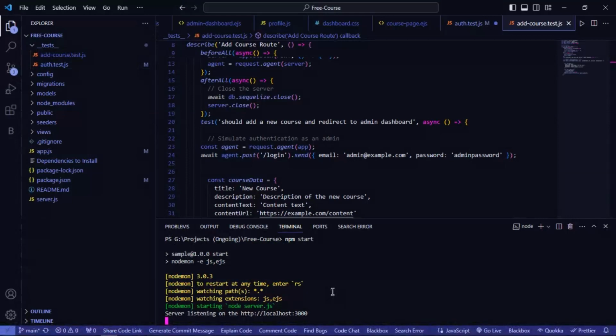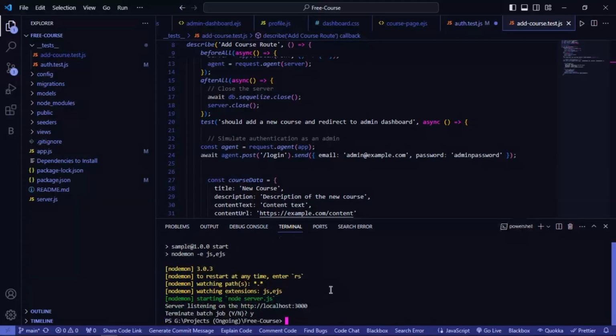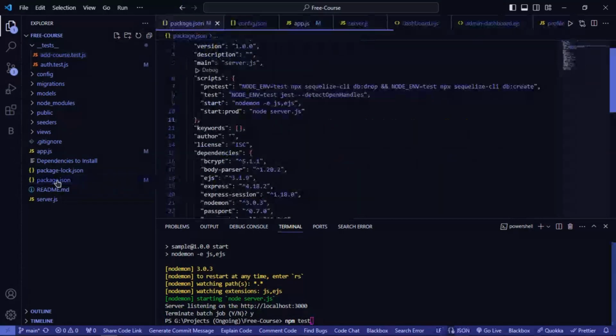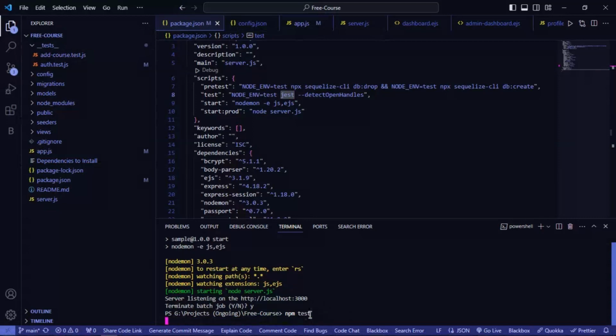Okay, sorry, the server is already running. Let me terminate it. Now first test our project by typing npm test. We are writing this command because we have already defined the script in the package.json. Here you can see I already defined the script. In test, we are using the Jest module to test our application. Now, if you run npm test, then you can see here